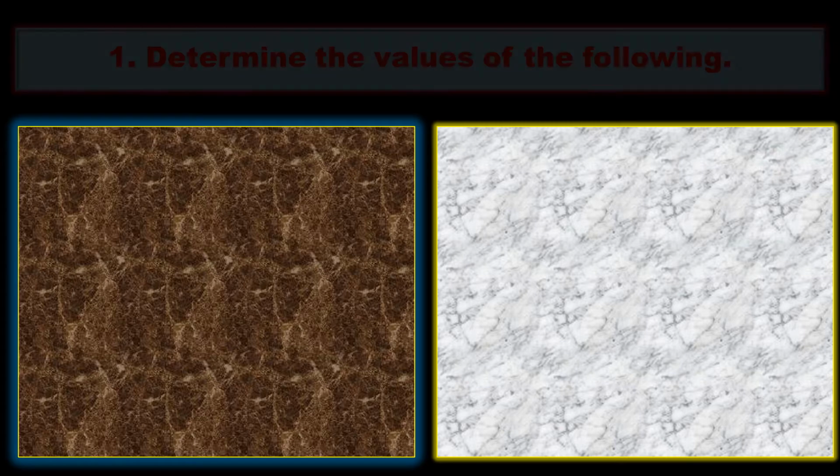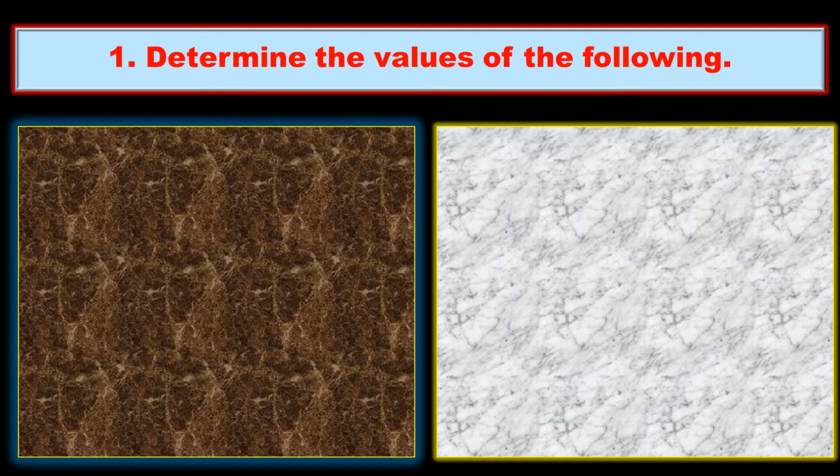So here is your first question. Determine the values of the following. First one, log 5 base 25. When you see 25, one thing you should remember: whatever is there in the base, in terms of that one only you should write it. So 25 I can write as 5 square, right? Suppose the question is given in this way, log